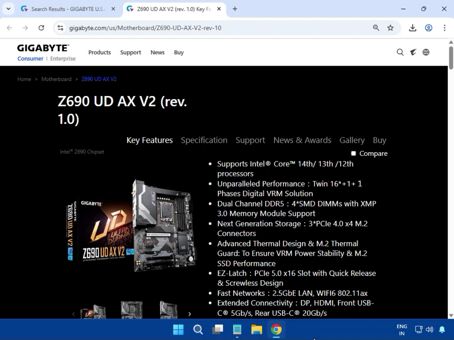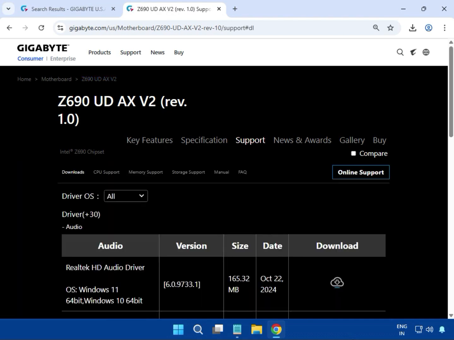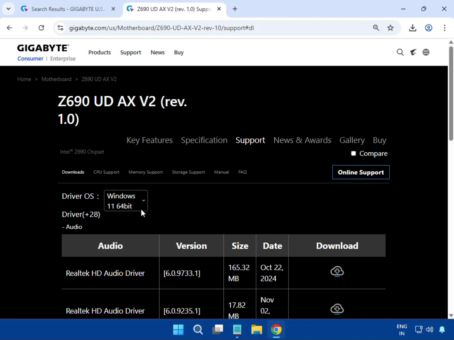After that it will open a new tab and then click on support. So select any operating system, because the installation process is the same. You can see this video and install a driver on any operating system. Okay,